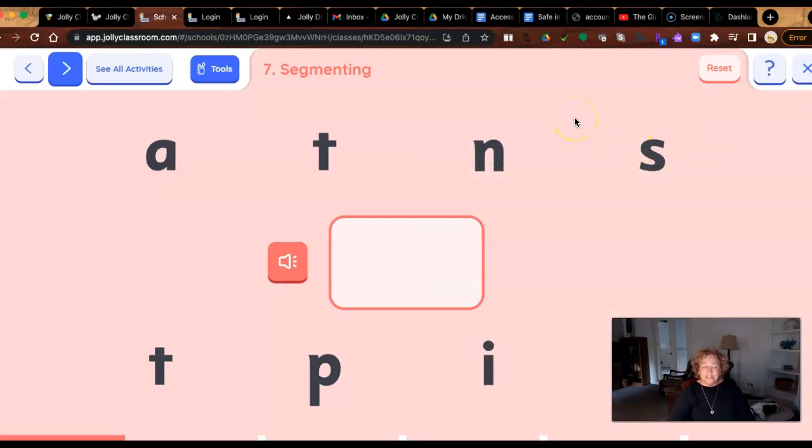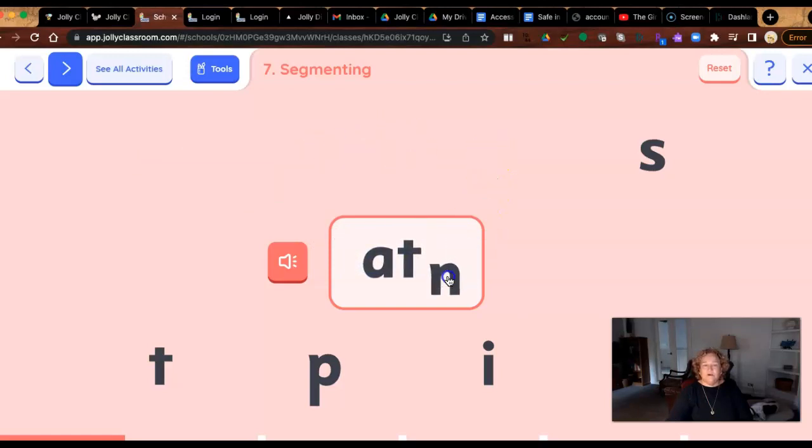Again, you don't want just the child up at the interactive board doing all the learning while everyone is just watching. You want everybody participating in some way. So let's see what word we're going to make. Ant. Ant. All right, let's play it again. Ant. Okay, ant. So let's say maybe I know the 3 letters, but I don't get them